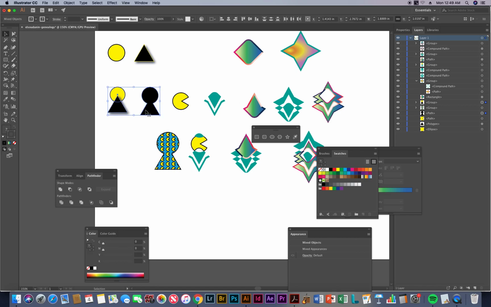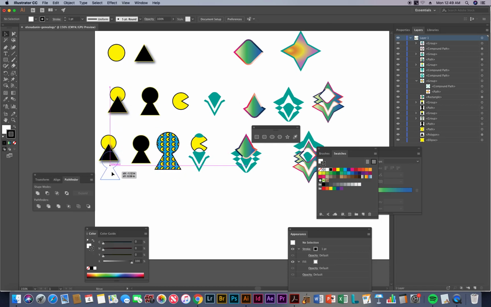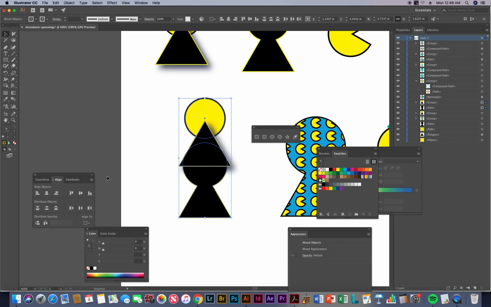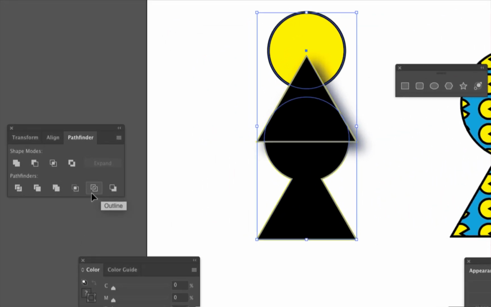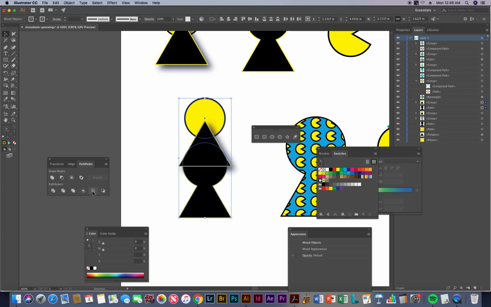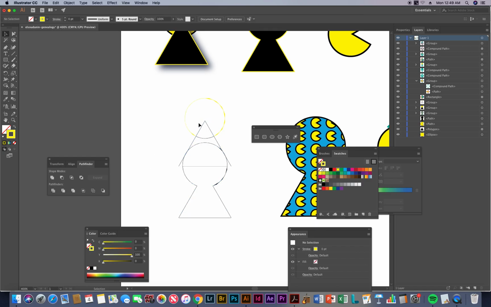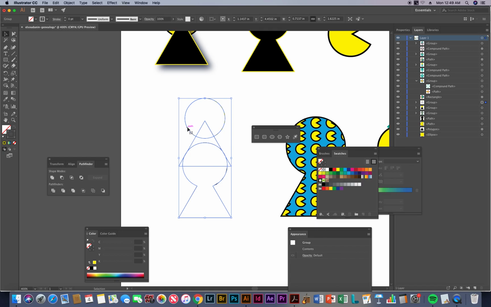Another one you could try. Let's just put these together here. Say I put all these guys together. Zoom in here with Command plus. Okay, another one, the last one here is, well, not the last one. This one near the end is outline. So what does outline do? If I click outline, it just turns everything into just the strokes, and then you can, let's see, select, and